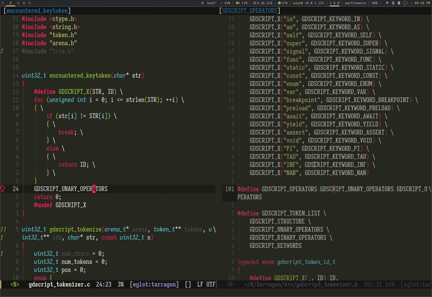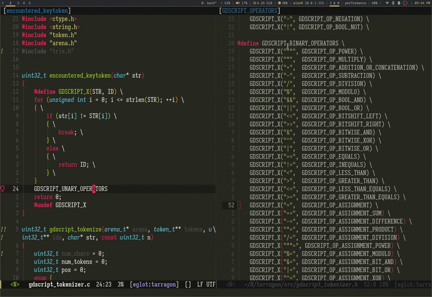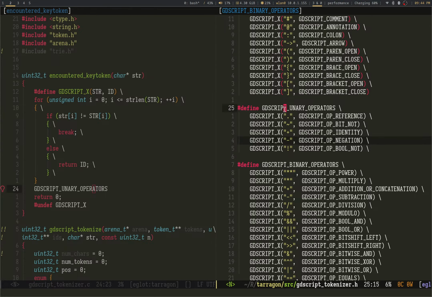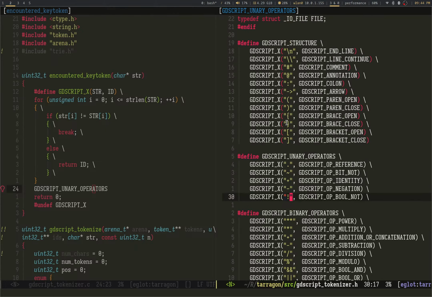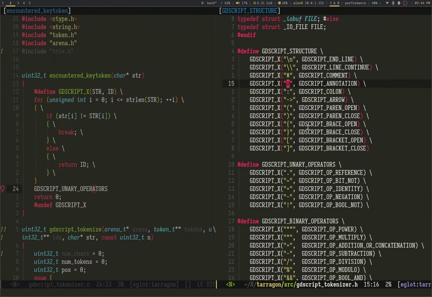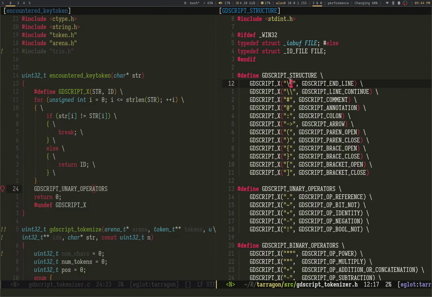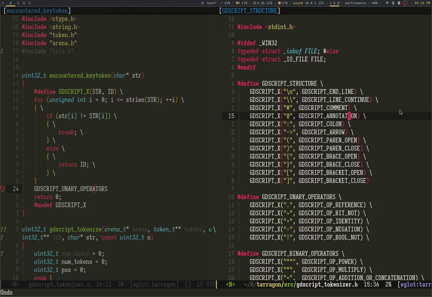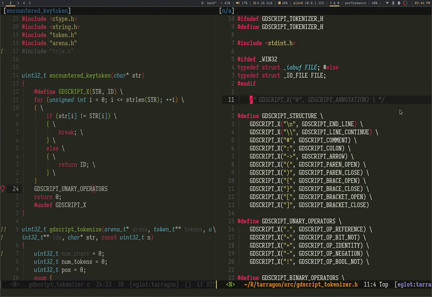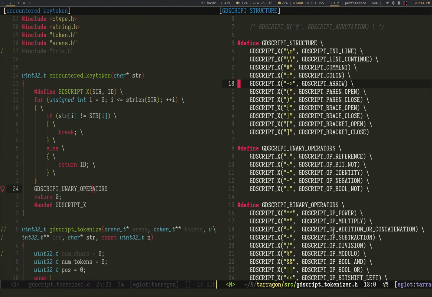This is nice. Let's see. Yeah, I want to break that. I want these to break. I want that to break. I don't want that to break. I do want this to break. I do want that to break, and I do want that to break. What does that tell me? That tells me that annotation is actually not structure, but I'm going to need it somewhere, so I'm going to leave it there for now because I know I'm going to need annotation.